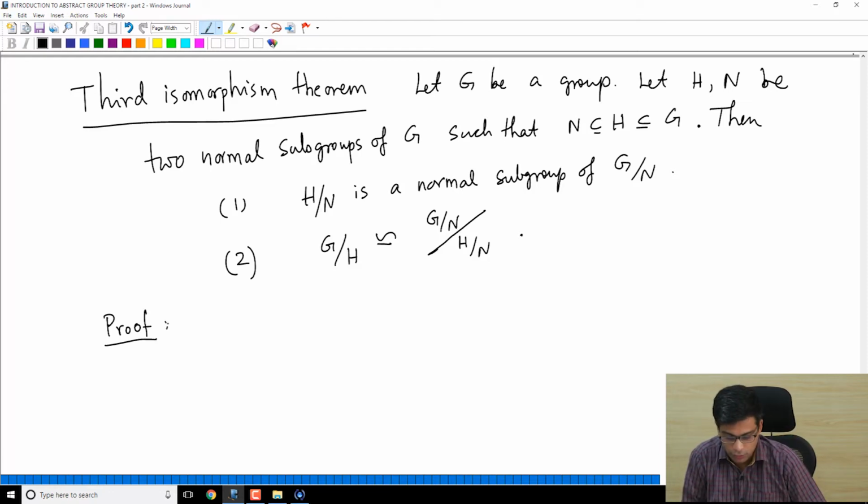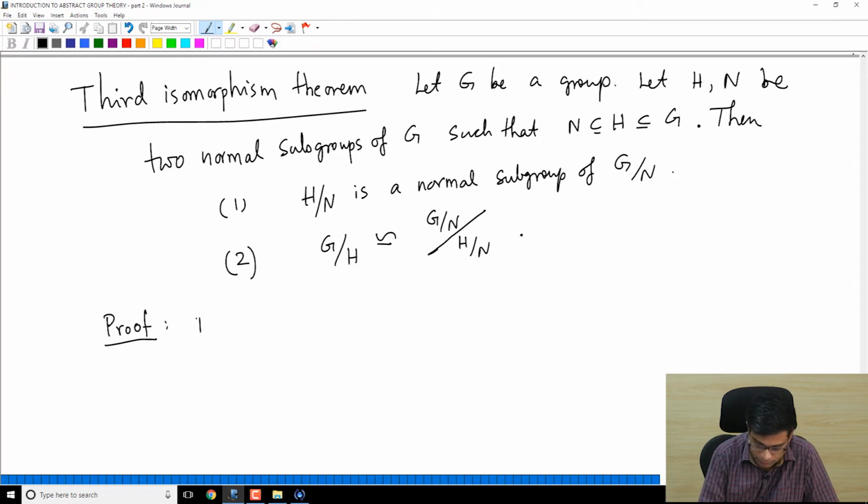This is a very useful theorem actually, the third isomorphism theorem, along with the first isomorphism theorem. They both get used a lot. Here think of this as sort of cancelling. G mod N mod H mod N, it's almost like when you write ratios of integers, you can cancel. Something like that you can do here. That is why it is very useful to write it like this. G mod N mod H mod N is isomorphic to G mod H. That cancelling is valid is what the third isomorphism theorem says.